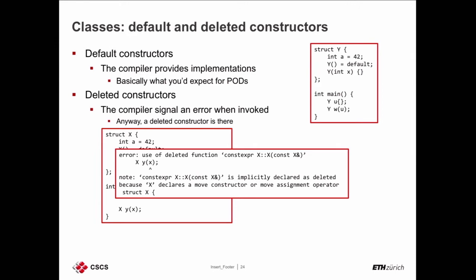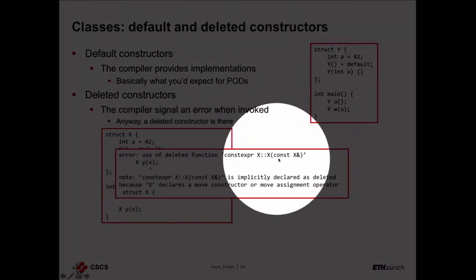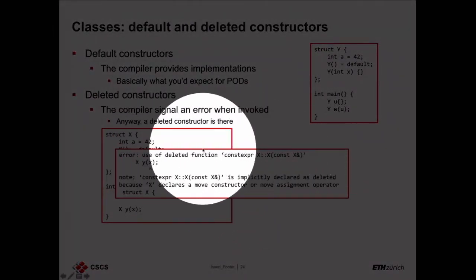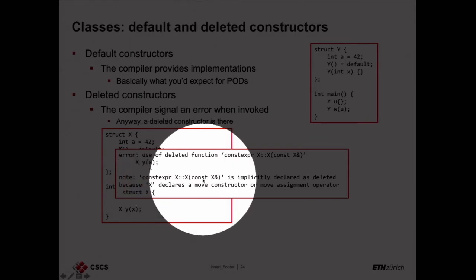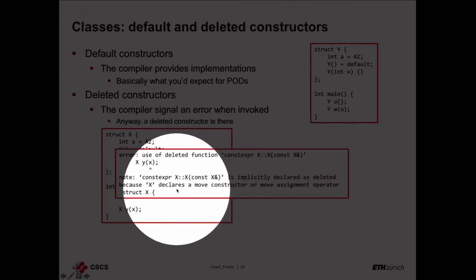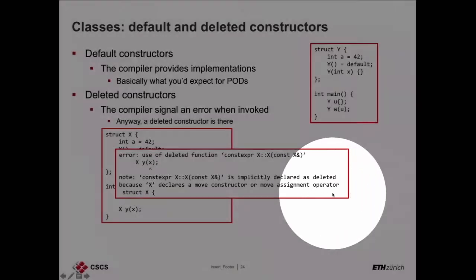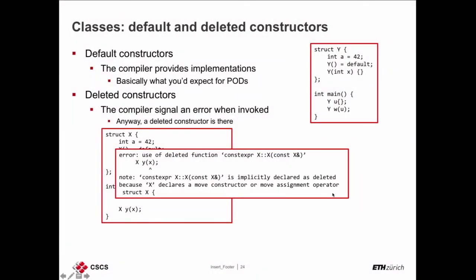And the error is very upsetting, I'll say. What you get if you compile this code is that the copy constructor, the signature of the copy constructor, has been deleted, and it has been deleted because X declared a move constructor or move assignment. So if you are doing a move operation, then the compiler will not do the copy automatically for you, which also makes sense. If you're doing something special for the move, it means your object has some pointer to somewhere,